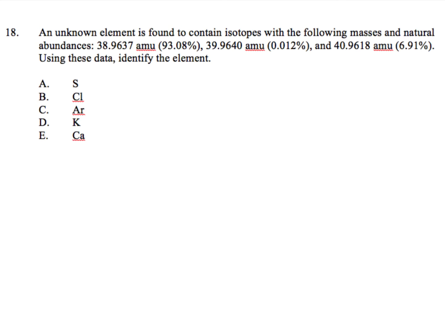So we have this first one about 93%, the second one well less than 1%, and the third one close to 7% abundance. So to get the average atomic mass, what we do is we take a weighted average of all of the isotopes. Okay, so the way we do the weighted average is remember that percent